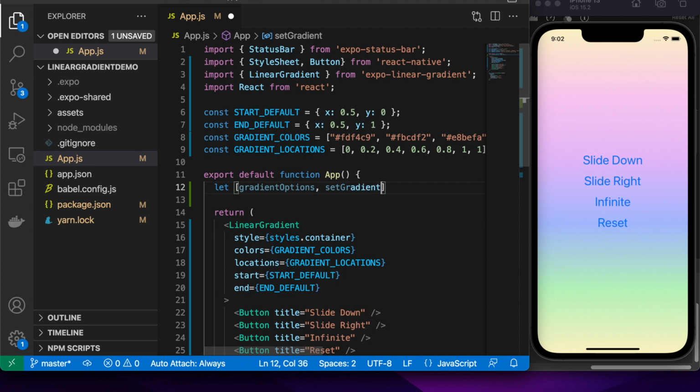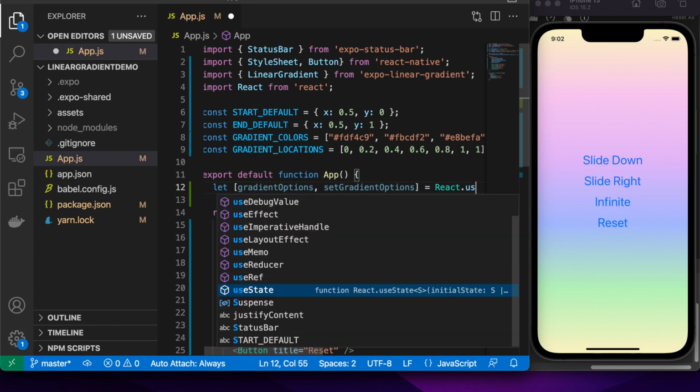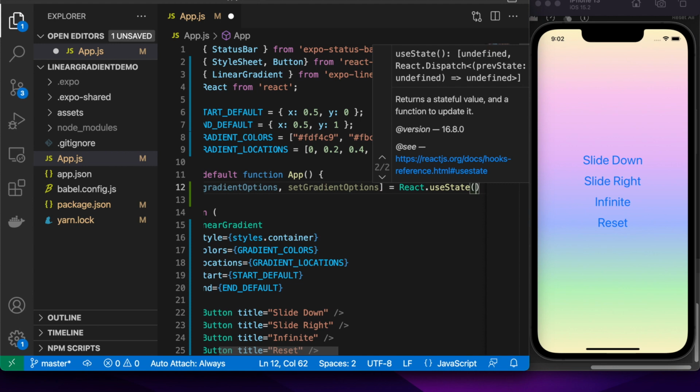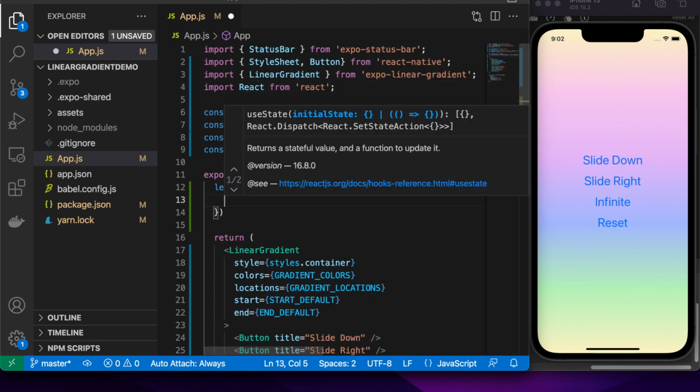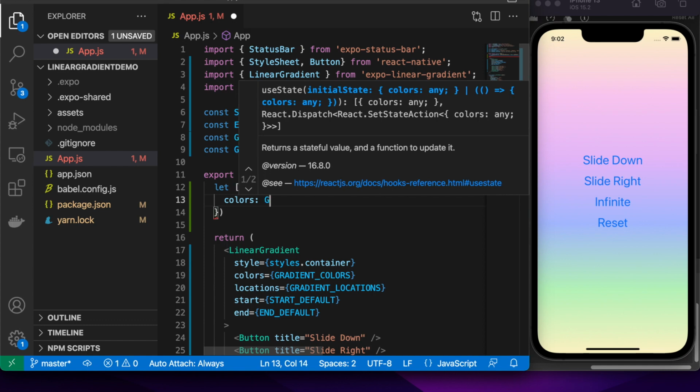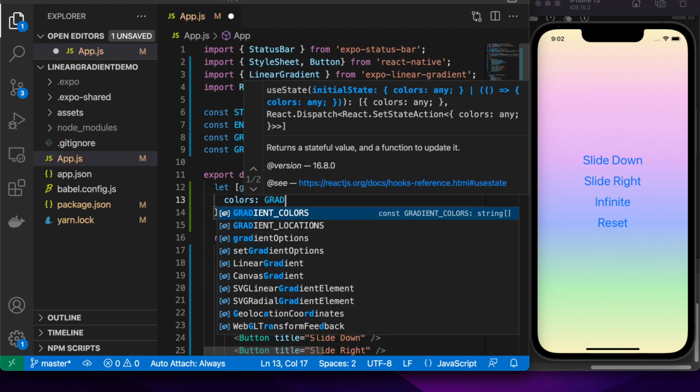So I'm just creating this variable gradientOptions and this function setGradientOptions, and I'll be using state and setting the default, and the default will be these exact values that you can see below: gradientColors, gradientLocations, startDefault and endDefault.